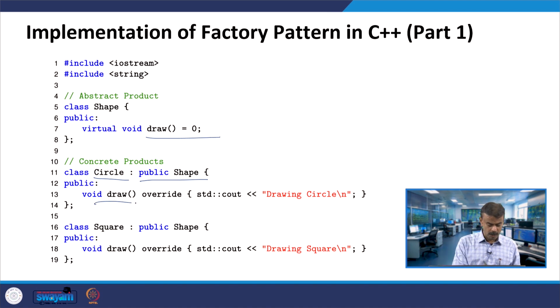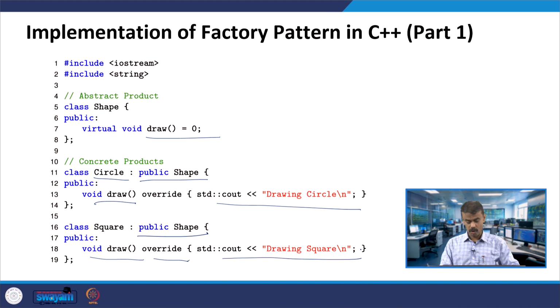The draw will be overridden and print drawing circle. And I have another shape called square, publicly inheriting shape. Here you have void draw, which will also be overridden, and it prints drawing square, right. The class is over here for square, the class is over here for circle, and the class is over here for shape, the abstract class, right.